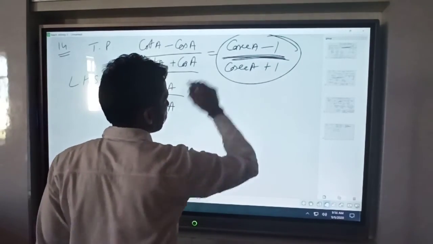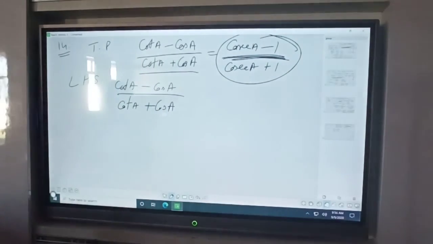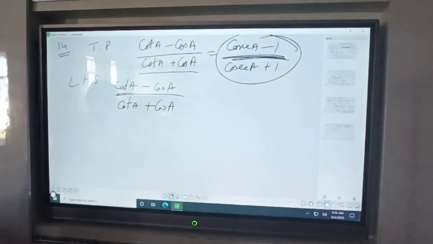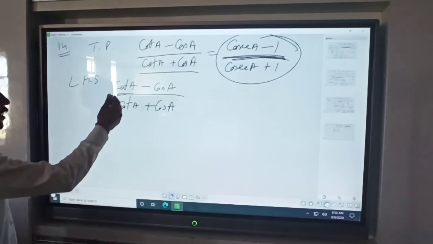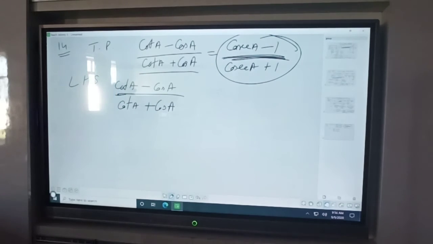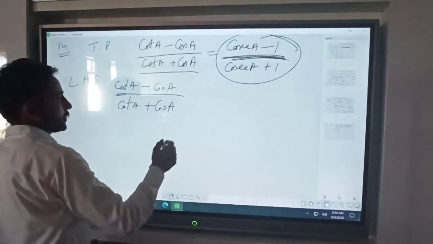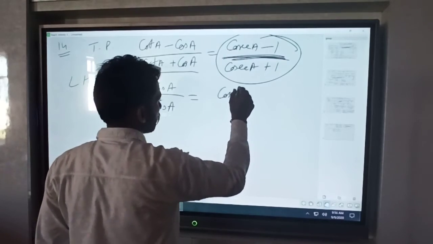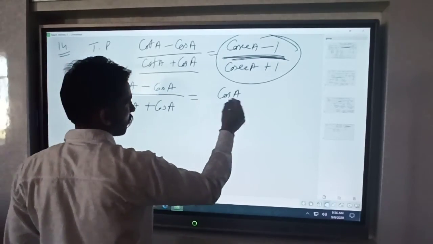There is a right hand side, there is only cosecant A. But in left hand side there is a cot and cos. We have to change cot and cos both into cosecant. Now we know cot theta is cos theta over sin theta. So convert it into cot and cos, cot is cos A over